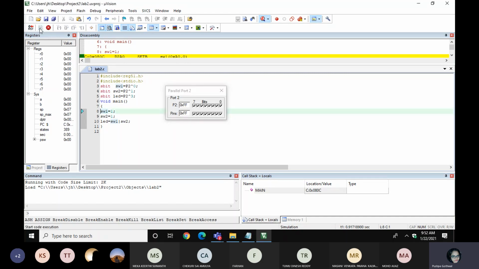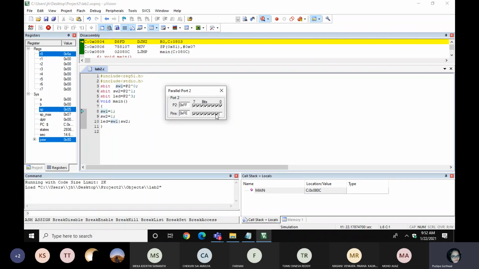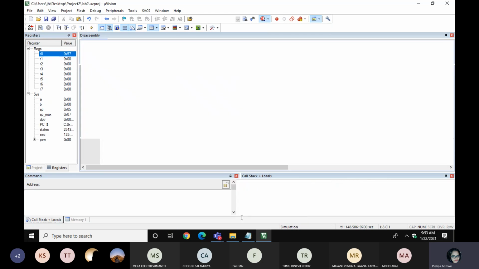So now I have to run the code. Then you can see when I'm changing the input values, I'm getting the changes. Yeah, you can see that. If I'm putting 0 0, you are getting 0 0 over here. This is P2.3: 0 1 2 3. This bit you have to watch. If I'm changing the value, you are getting the changed values according to this. So this is your operation, you can see it in that way. You have to perform all the programs according to this.